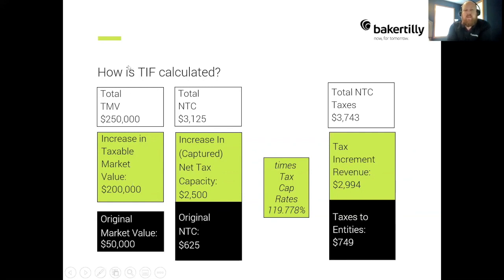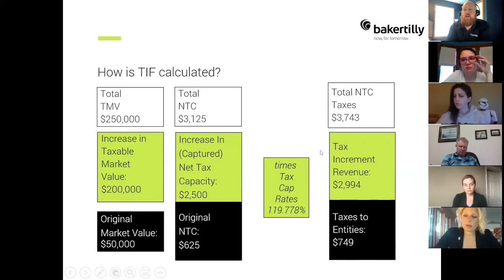So again, on the left here, you can see market value. If we had a property that was originally 50,000 in market value, we added 200,000 in value to it, we would have a total of 250. Our tax capacity would go up, our total taxes would go up. That incremental growth in taxes is what would be captured as tax increment revenue and set aside. The existing level of taxes that are currently on the property would still go to the taxing entities as it's currently being generated. So there's no loss of existing revenue. It's a loss of benefit from the new project, essentially, is how TIF works. It's the capturing of that future incremental revenue growth.